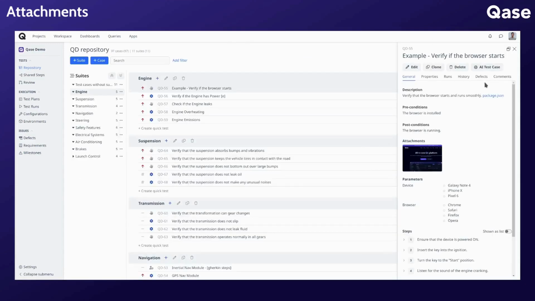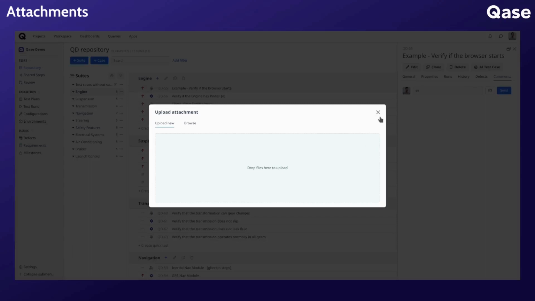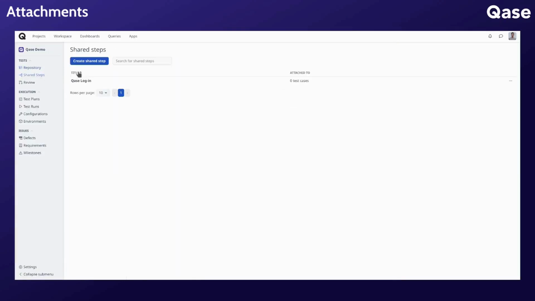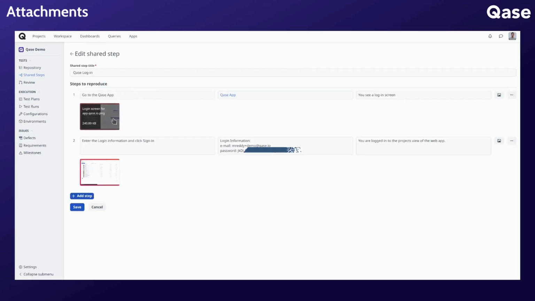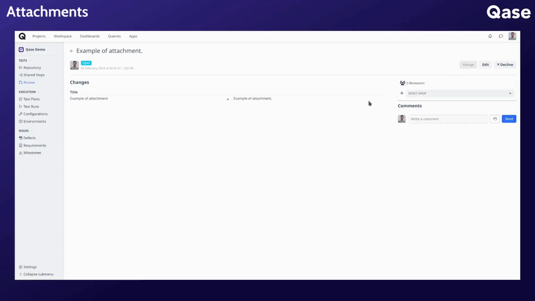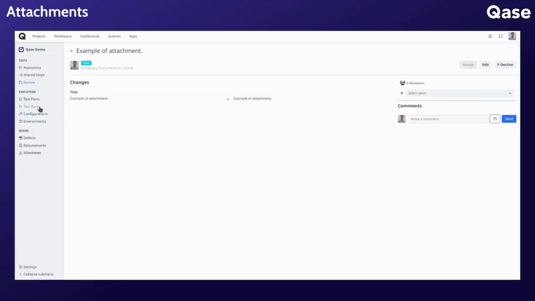You can also comment with an attachment, and in the shared steps you can create steps with attachments. Same with reviews, you can view an attachment of a test case in the reviews as well, and also comment with an attachment. In the test runs,